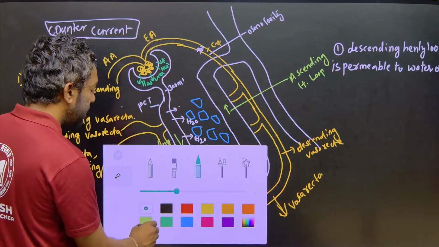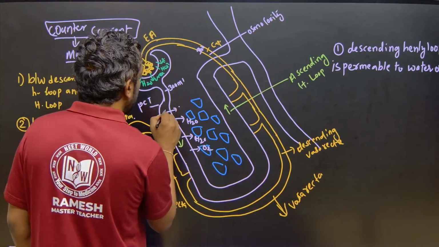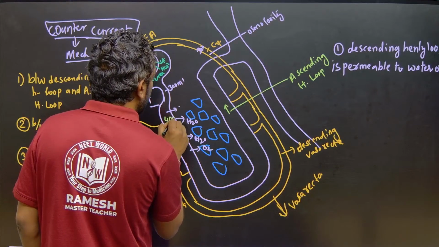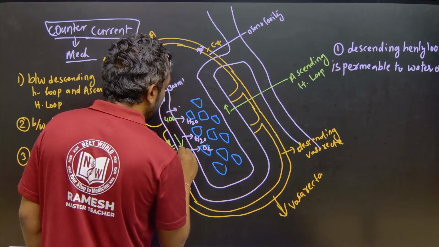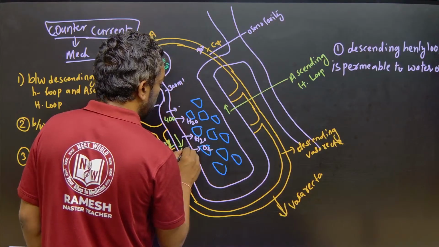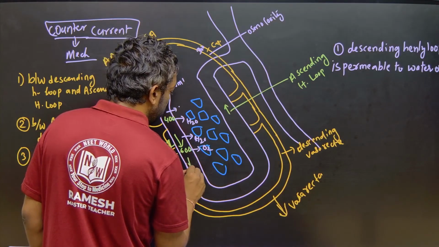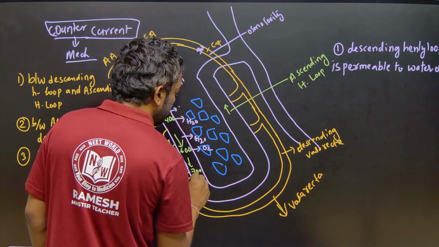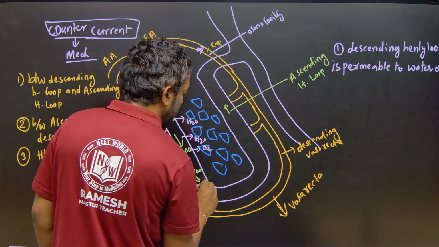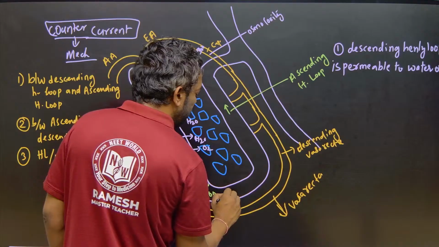The concentration will increase: 300 becomes 400 osmolarity, 400 becomes 600, 600 becomes 700, 800, 1000, and finally it can reach